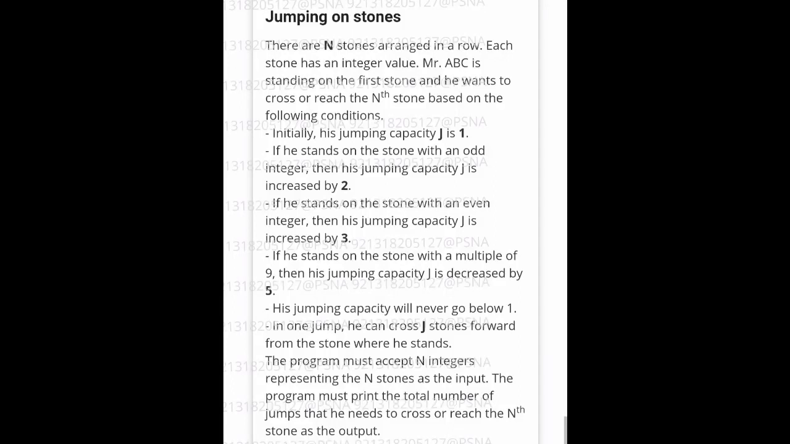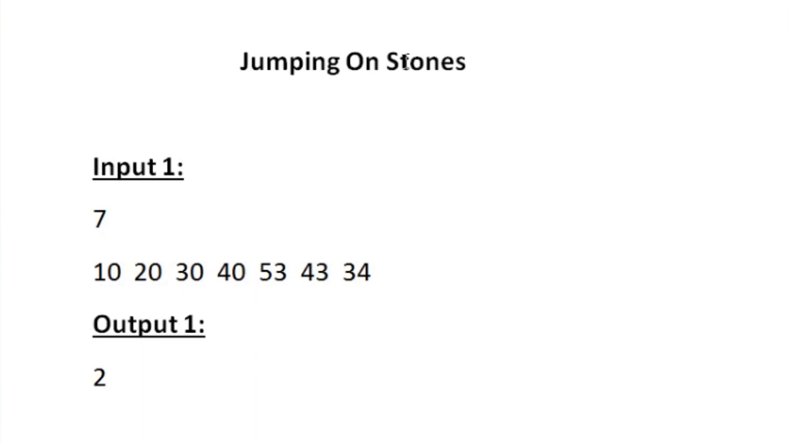This is the question asked in today's SkillRack daily challenge. Our task is to calculate the number of jumps required by the boy to cross all the stones. There are also conditions given in the question: his initial jumping capacity is always equal to 1, and